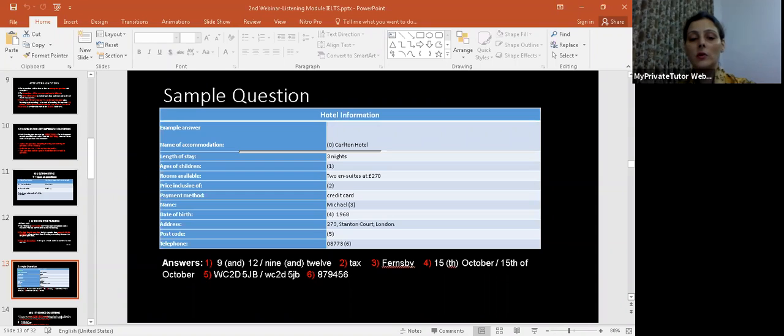So that is going to be written as I've written: WC2D5JV, all the details which were over there. I was writing in front of my questions, and I just put it over there. So in this way, you are going to attempt your question. That means you have to be very much alert in solving all these questions. So for that, you have to be alert, focused, and have a strategy in front of you.